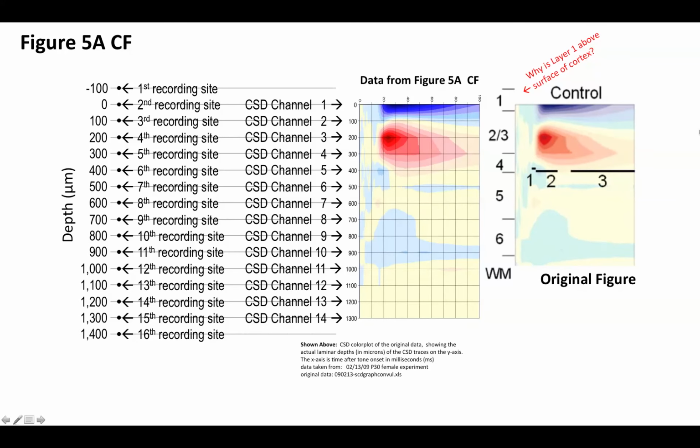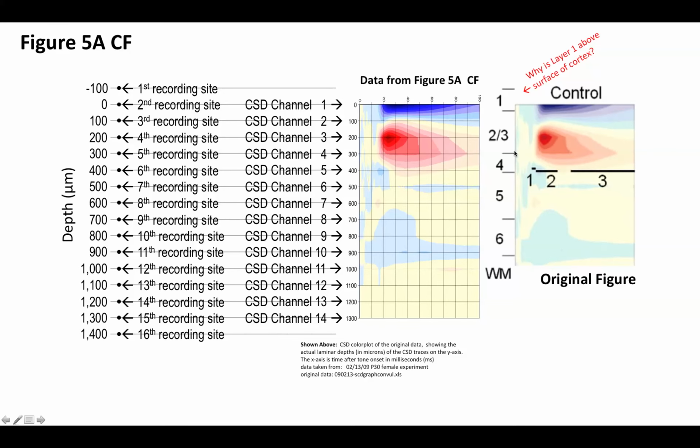So most notably, notice that, again, these recordings are from the full depth of auditory cortex. Why is layer 1 above the surface of the brain? And what are these cortical depths that they're labeling as layer 4 and layer 2, 3? So here is a quantitative analysis of the original data where I have the actual cortical depths on the CSD traces here, and you can see the positioning of the multiprobe. And this is really a very superficial sink at a depth of only 200 microns.